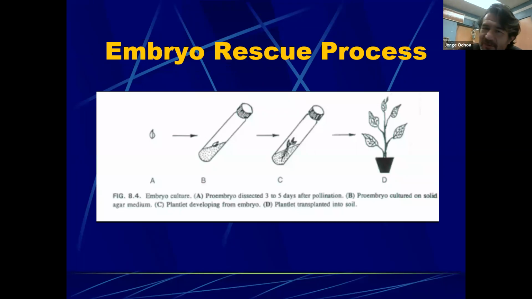We can take some of those embryos and rescue them through the process of tissue culture. This has brought about some weird combinations that should never have happened naturally. In embryo rescue, humans open the flower ahead of time, before the mechanisms are developed within the flower. They put the pollen from a completely different species on it and allow it to fertilize. And before the mechanisms are set to kill the embryo, they cut it from the flower, put it in a medium with vitamins and minerals, and grow the plant.